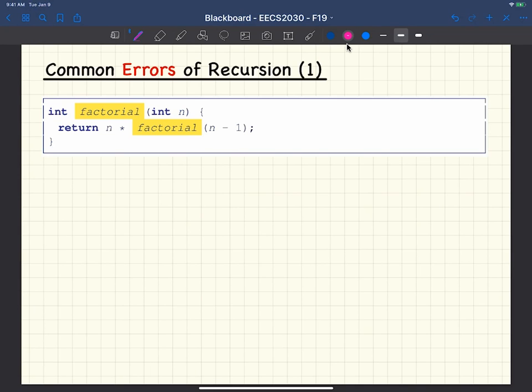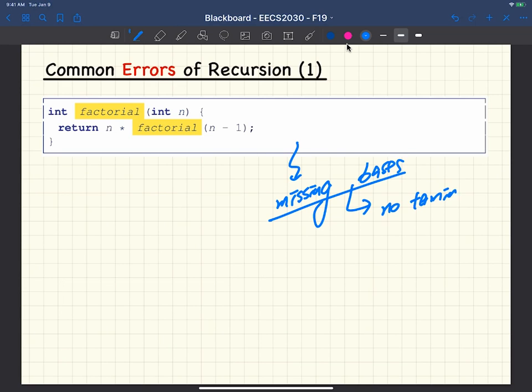Exactly. That's exactly right. Okay, you can answer the second one. Okay. So basically, you're exactly right. This is a very typical mistake where you don't have a base case. Think about base case. Whenever you say missing base cases, that means no termination. Base cases are the situation where you try to stop making any further recursive call. Well, what's going to happen is like this. If I want to calculate factorial 3, what's going to happen is factorial 3, in turn, is going to be